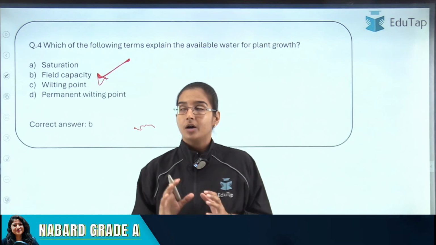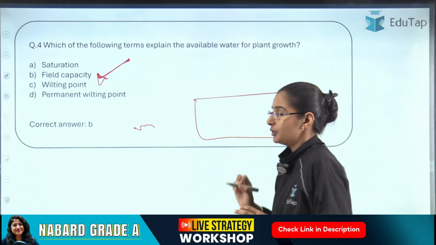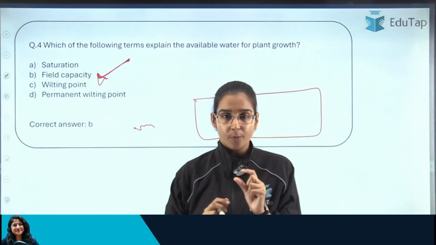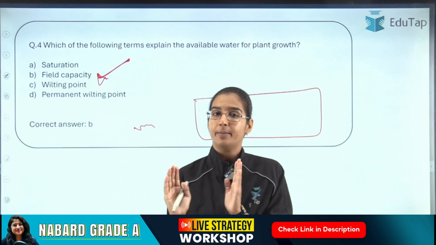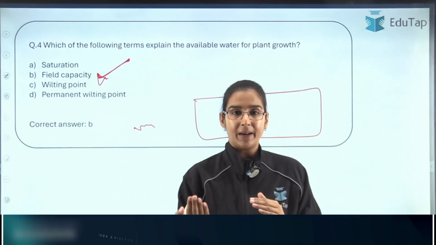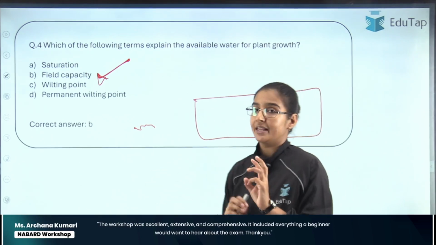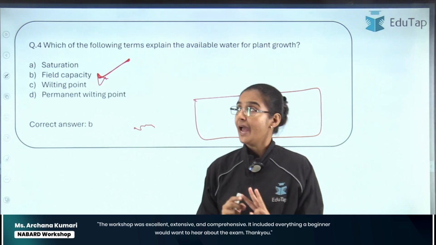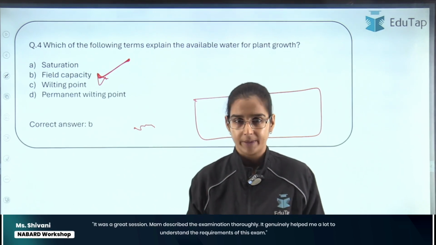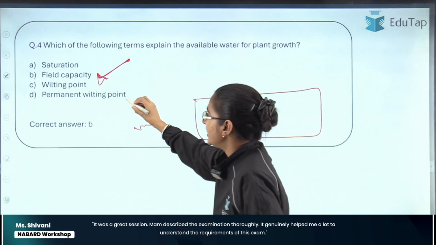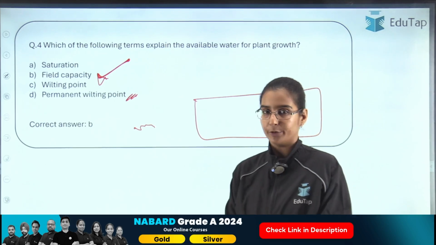Now, if this is a soil, in the soil there are pores; there are micropores and macropores, depending on their diameters, right? When we are supplying water to our crops, when we are supplying water in this soil, there are three steps which can happen. And those steps are saturation, field capacity, and wilting point or the permanent wilting point, right? This permanent wilting point is not just any separate step. Just wait for a minute, I'm going to explain it to you as well.